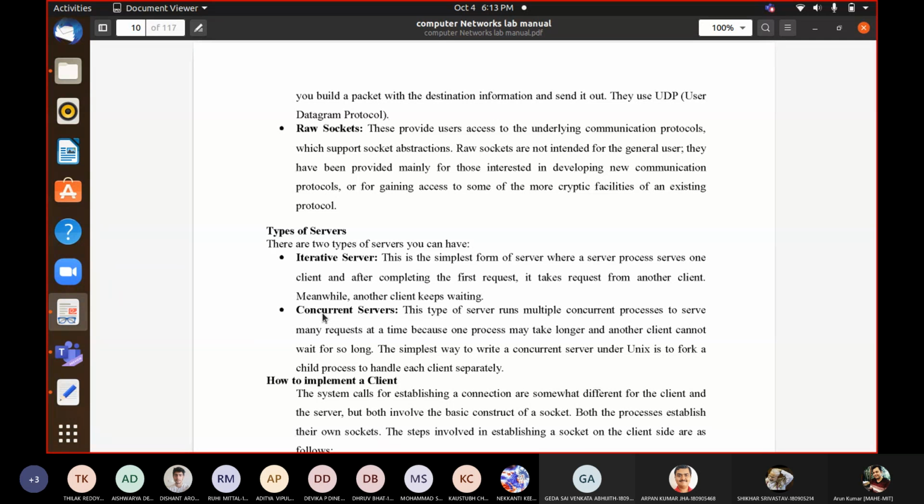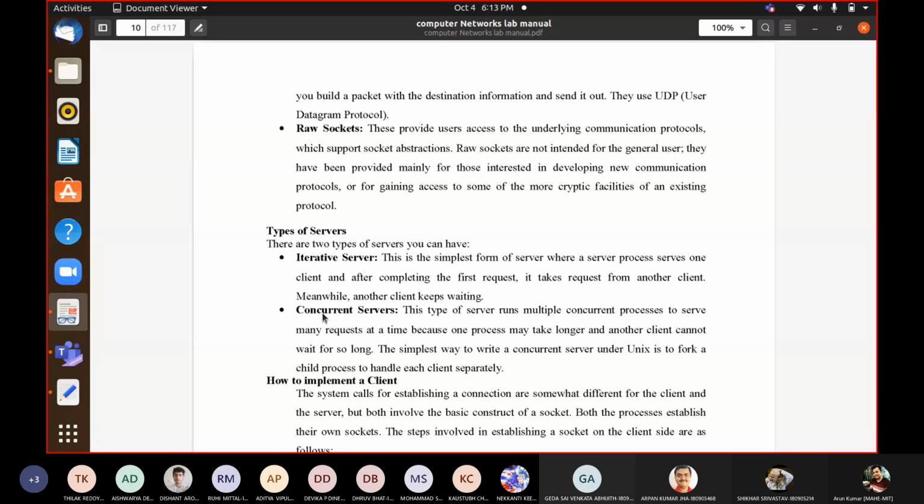Then comes the concurrent server, the opposite of it. As and when the requests come, they are handled. The best way of handling this is to create a child process for each request: whenever a request comes, you fork a new child and that child handles it.